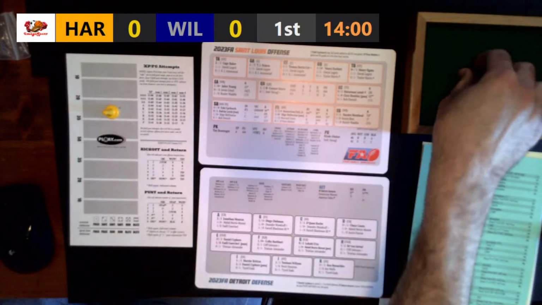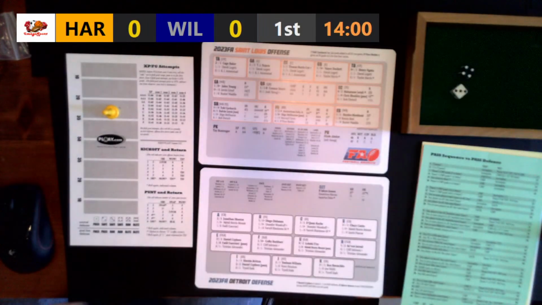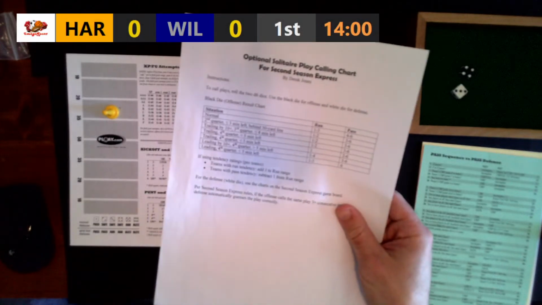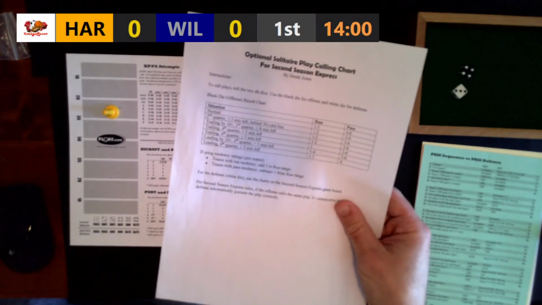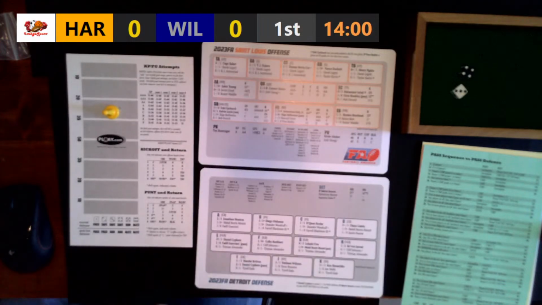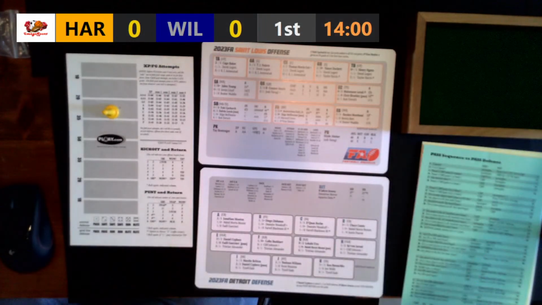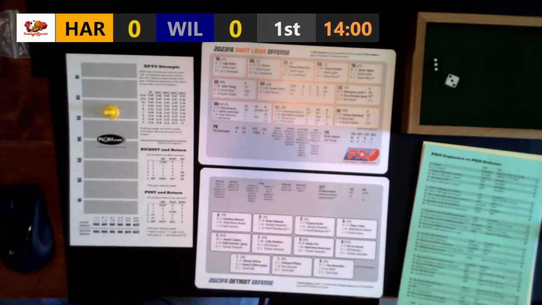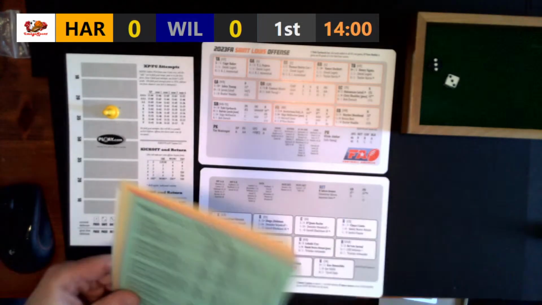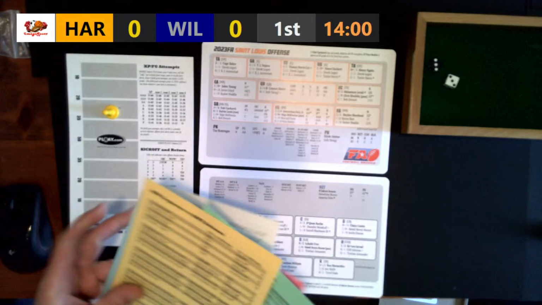All right, I am also using a special optional play calling chart that I designed, and you should be able to grab it from the community. I think it is on the PLAAY.com website, but it's an optional play calling chart that I am using to determine whether the teams go for runs or passes, and that is what the black die is going to signify here. And so we're going to start off with a run going up against a safe defense.